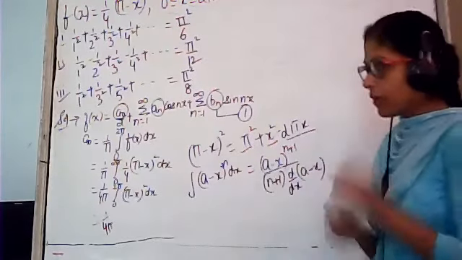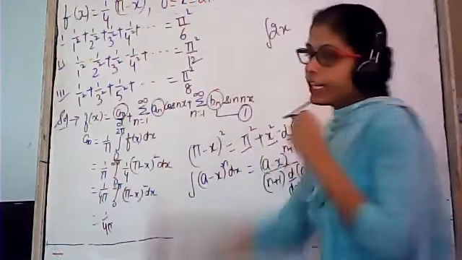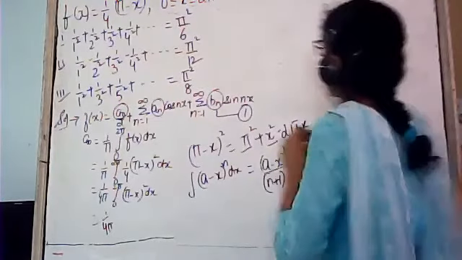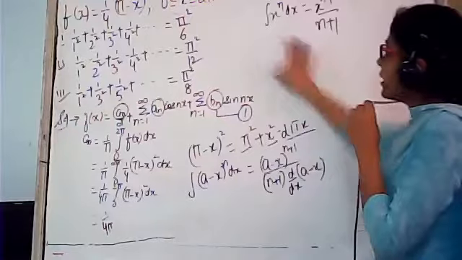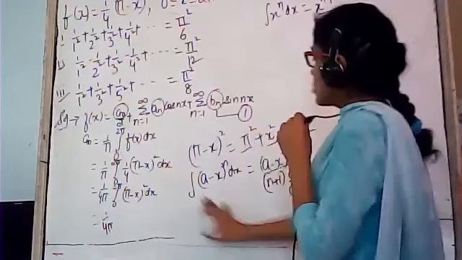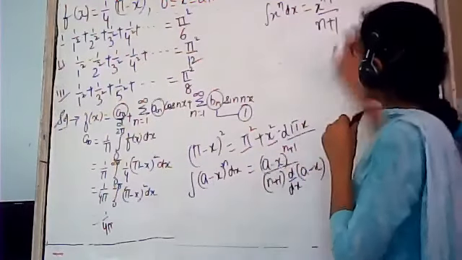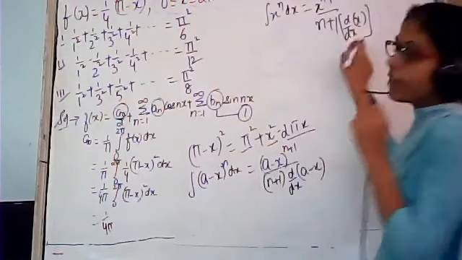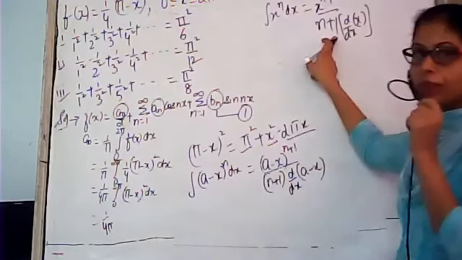We do it like this. Integration of x raised to the power n is equal to x to the power n plus 1 upon n plus 1. This is the integration of x raised to the power n. So in this we have one constant with the function, so it will be again differentiated here. If you differentiate x, it will be equal to 1. Derivative of x with respect to x will be equal to 1.